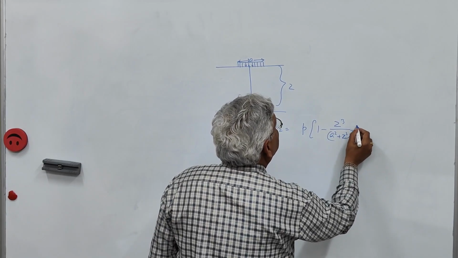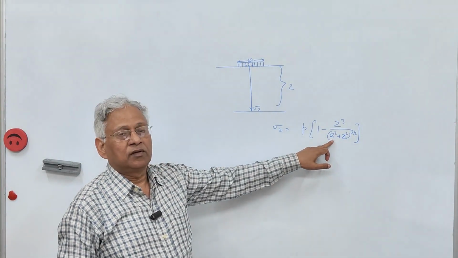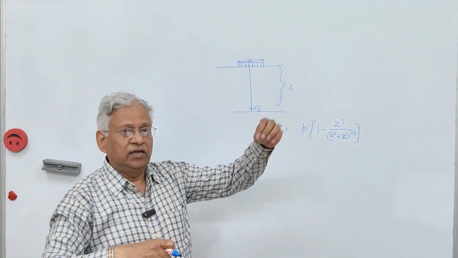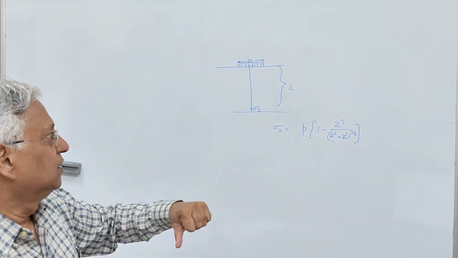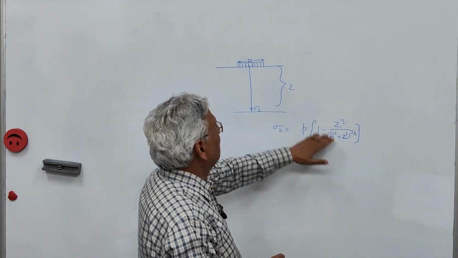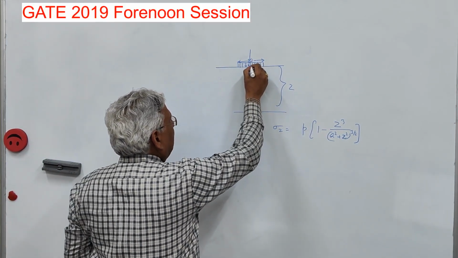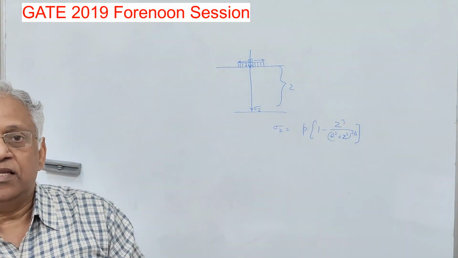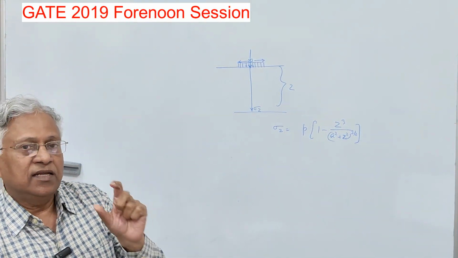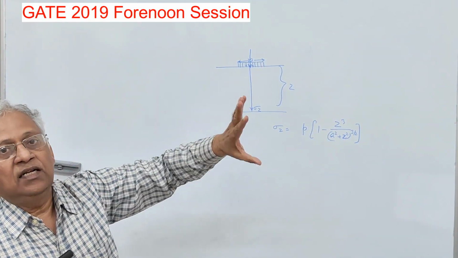3 by 2. Now here A is the radius of loaded area. When it is a concentrated load of 500 kilonewton applied, then A becomes 0. When A becomes 0, this load is concentrated at this point. Now what Boussinesq says is that when the area becomes 0, radius becomes 0, the stress at any depth will tend